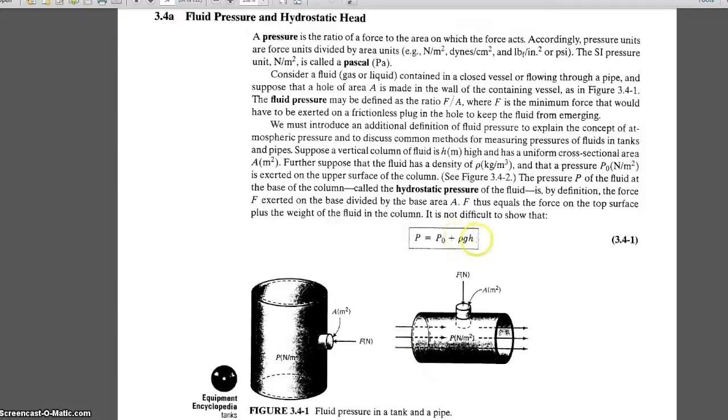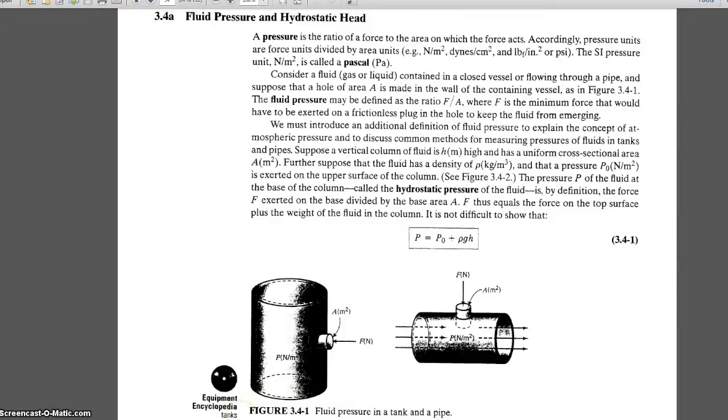So rho g h is not the hydrostatic pressure. The P is the hydrostatic pressure, and rho g h is the additional pressure used to find the hydrostatic pressure. Correct me if I'm wrong. Anyway,